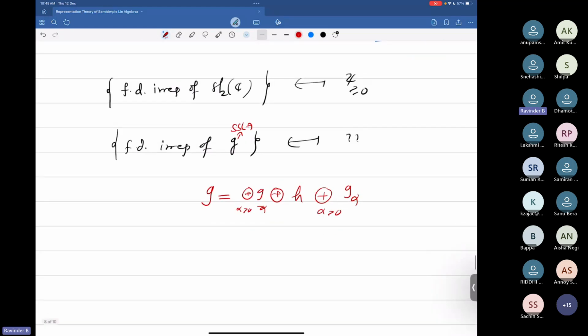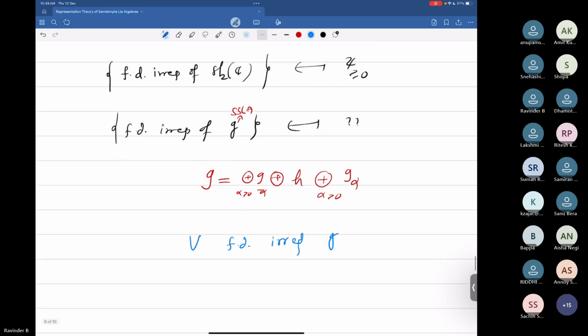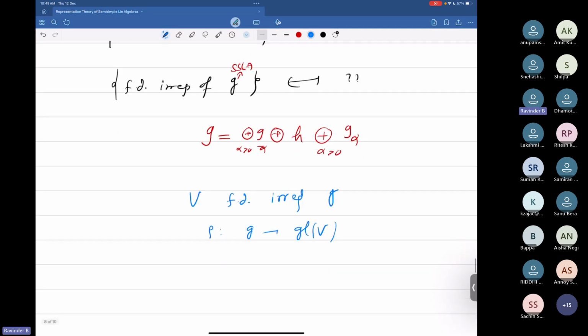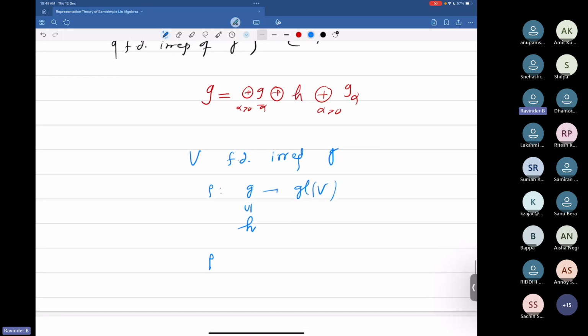So I have a representation. So I have an irreducible representation, a finite dimensional irreducible representation of G. The method is, it's a map from G to GL(V). But you need not look at the entire G. It's enough to do it over the diagonal or analogous to the diagonal matrices. All diagonal matrices is the maximal thing, which is the Cartan subalgebra. So if you look at this,